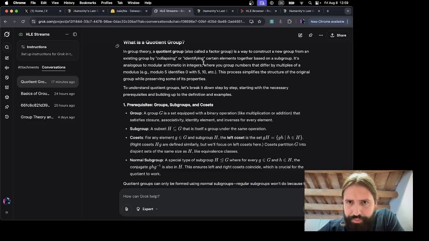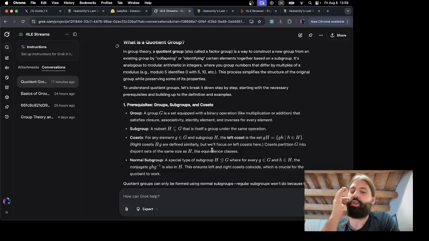Quotient groups. It's like modulus, but for groups, quotient groups. So a group G is a set equipped with a binary operation like multiplication or addition that satisfies closure. So a subgroup H that is itself a group under the same operation. And cosets for any element g that belongs to G and the subgroup H, the left